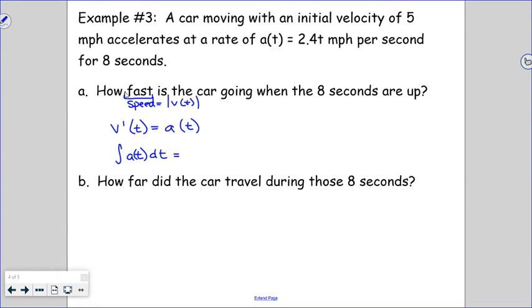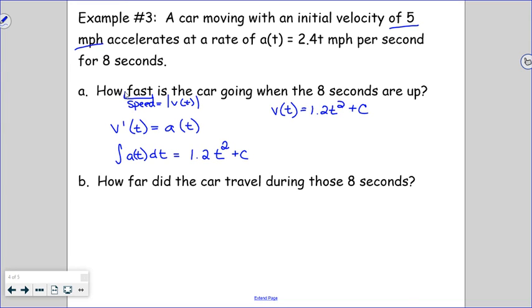So if our acceleration is 2.4 t, its antiderivative would be 1.2, undoing the power rule, t squared plus c. So right now I have that my velocity function is 1.2 t squared plus c, but